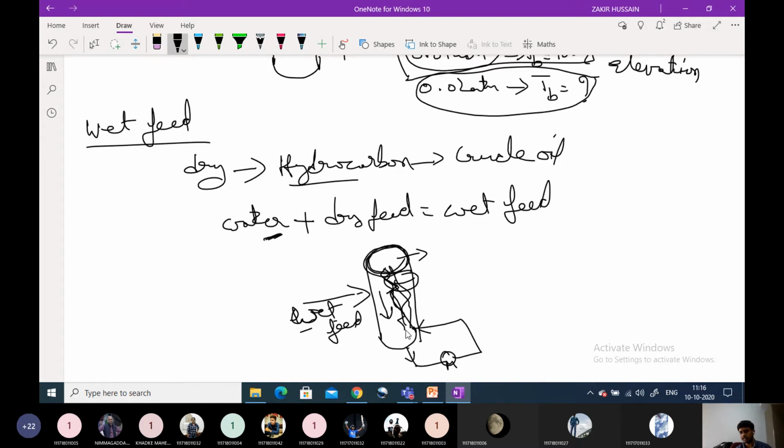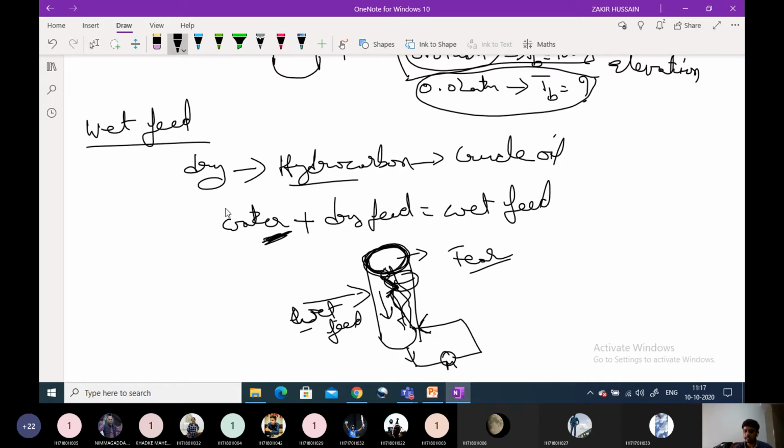When there is a wet feed inside the column, the vapors forming are largely of this water. These water vapors will create a huge burden on the top section of the column. Because of this huge burden, the column pressure will be increased. When column pressure is increased, the boiling point of the liquid feed will be elevated. Because of this unnecessary condition, the plates will be damaged. It will destroy the plates, it will tear the plates, it will crack the plates because of this unnecessary pressure.